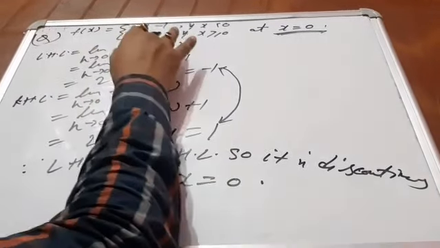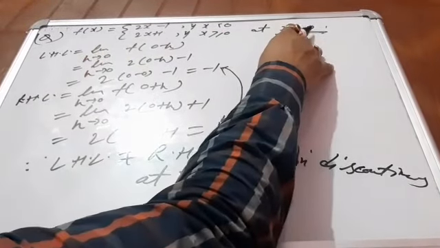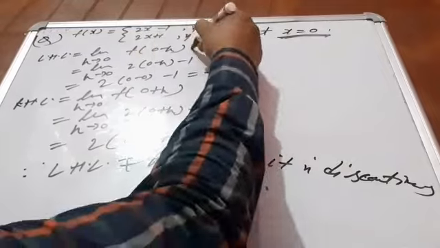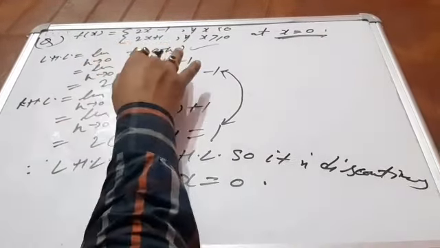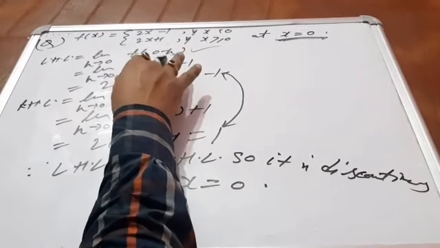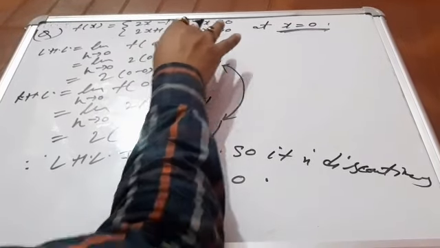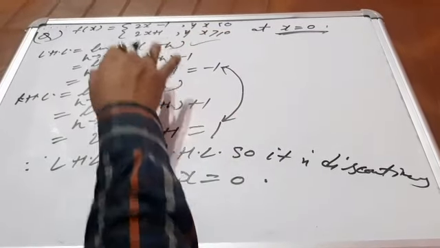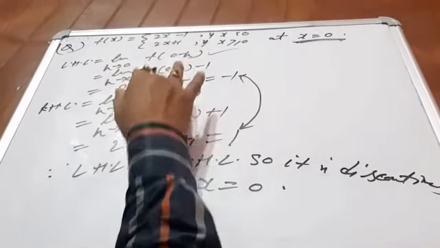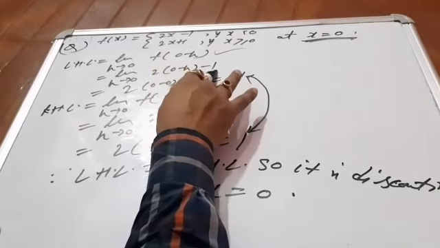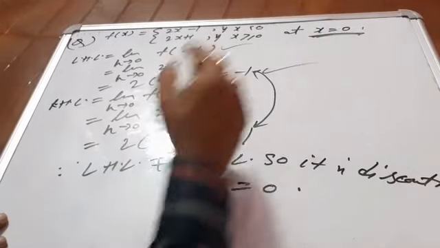Now let us see. fx, it is your function. LHL, limit h tends to 0, your point is 0, then 0 minus h. First step. At the second step, limit as usual. You are going to use the value of the function. Let us see. 0 minus h comes in the condition less than 0. 0 minus h means less than 0. So it is your x is less than 0 portion. 2 into, now the value of x for that corresponding portion, this one 2x minus 1. So 2 into x means 0 minus h minus 1. At the next step, use the value of limit. It is your minus 1.